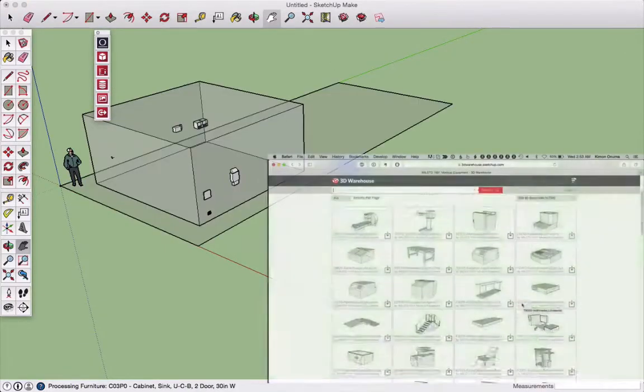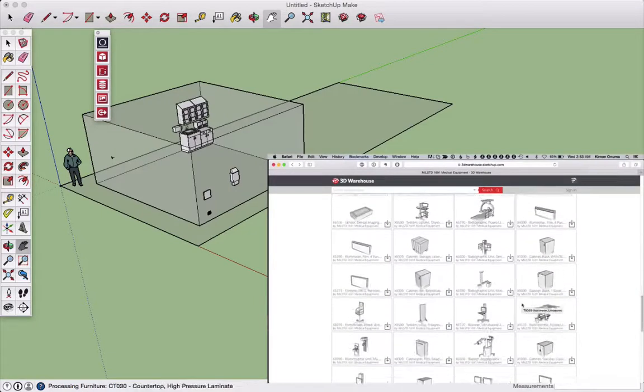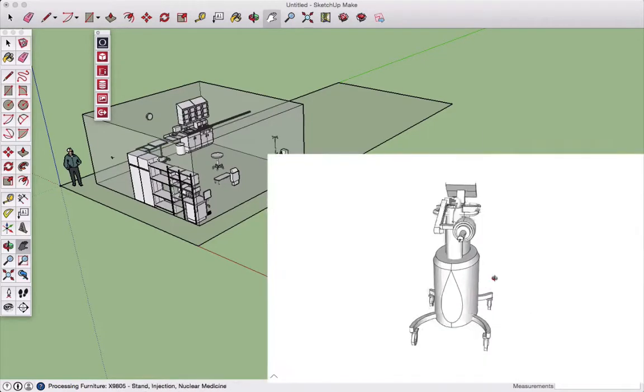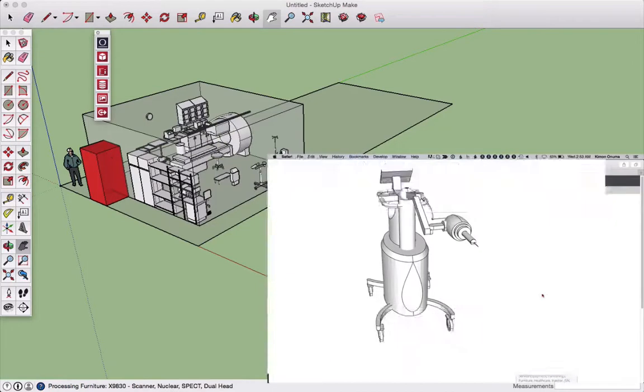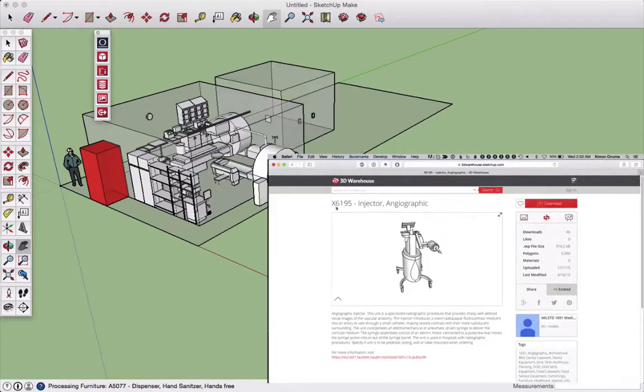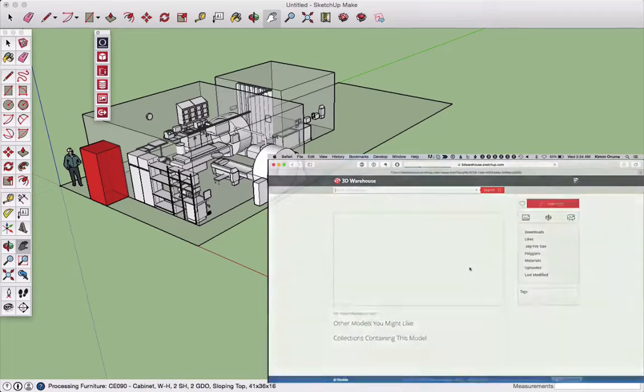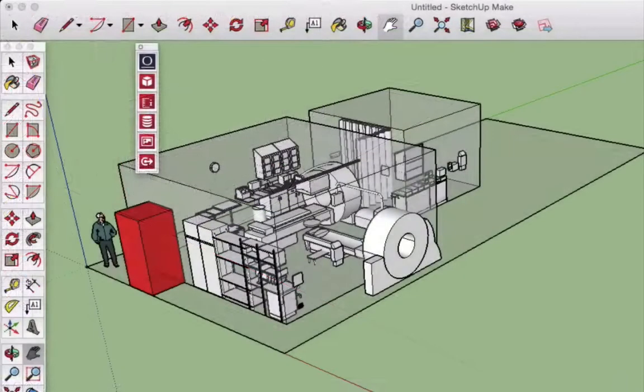In SketchUp, with the Onuma plugin for SketchUp, as you import the XML file, what SketchUp does is it goes to the 3D warehouse of 1691 objects and finds the associated objects that are coming out of SEPS, actually downloads them from the warehouse and places them into this SketchUp file. It automatically places them in the correct location based on what was in the SEPS BIM templates, correct height, and the correct objects. If an object is missing,